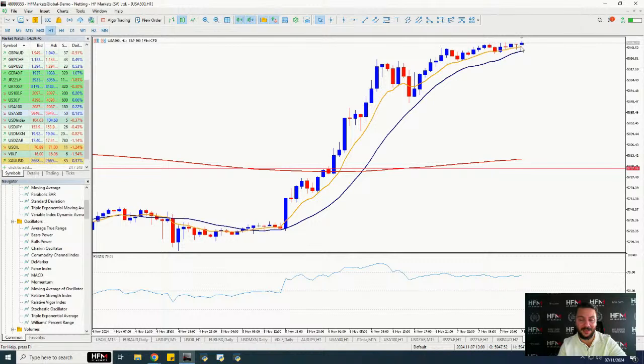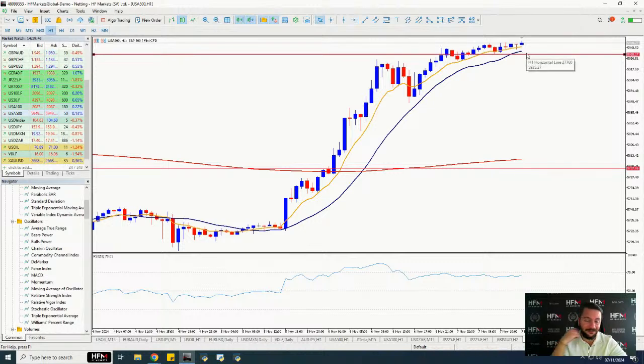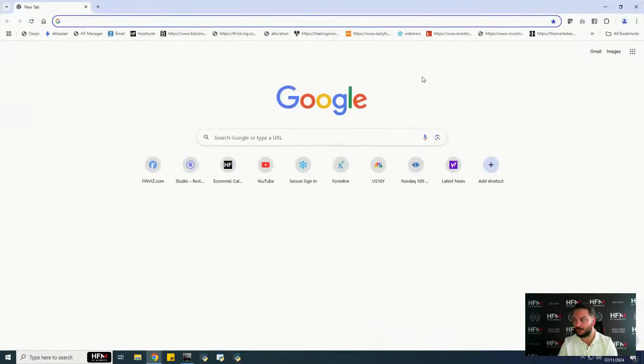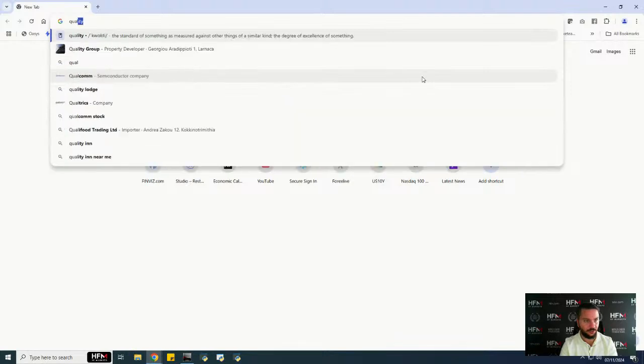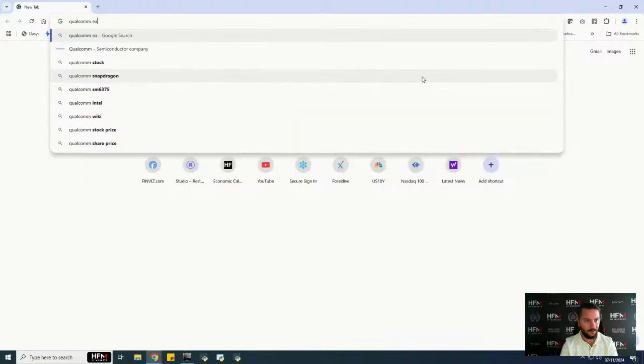I spoke about that this morning, and the price was down here actually, and people were saying to me, is it really going to continue to rise? And I said to people, yes, it could, it could. QCom's earnings was released last night. I'll share QCom's earnings, ladies and gentlemen. So QCom earnings.